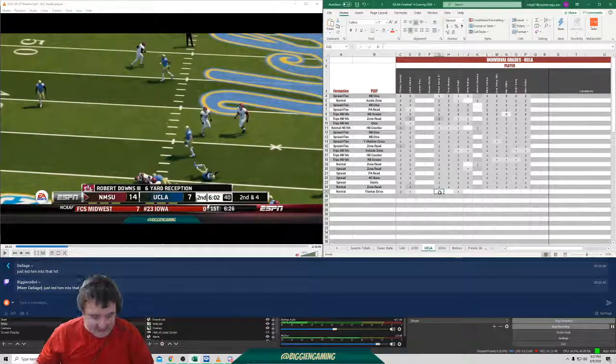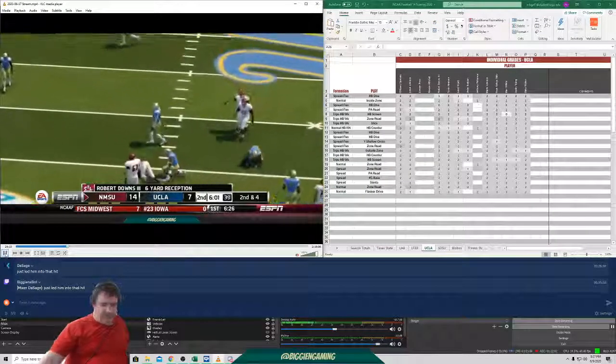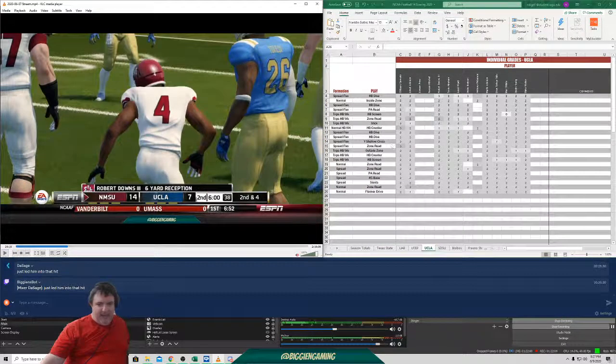It's a 6-yard gain. Downs gets a freaking hit like none other. That's a good route. 2, 2, 2, 2. And in reality, like I said, you would only be grading an individual position group. The hard one is for the O-line coach. They got to grade 5 dudes every play.